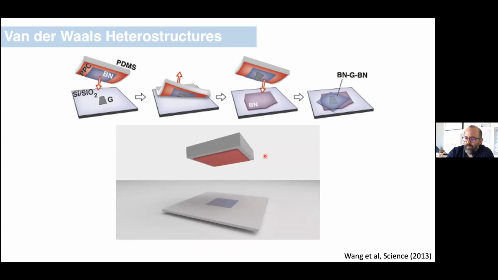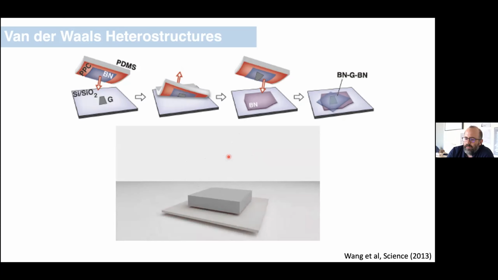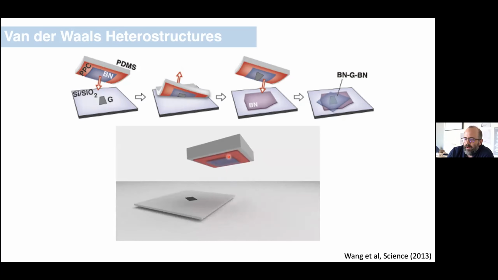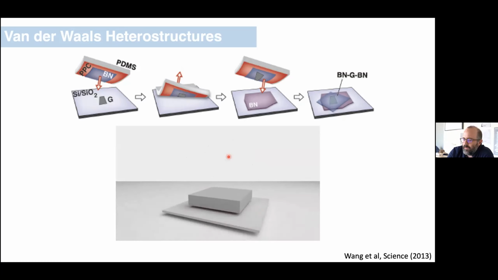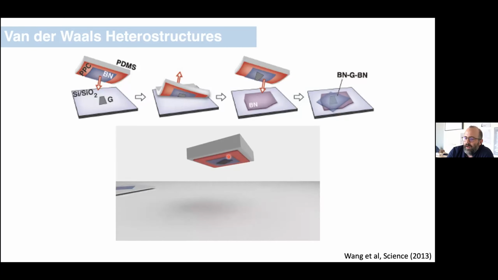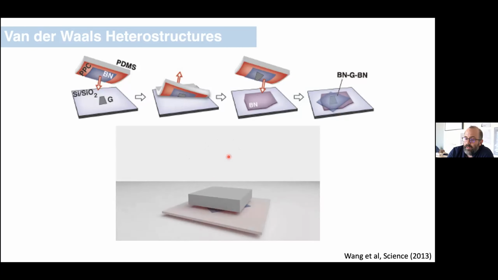This is really not far off from reality. I've got some kind of polymer that's flexible, and on that I have put a thing I can sort of melt. That's the red layer. I heat and melt that onto, say, a boron nitride flake. I pick that up, and then I can use this to pick up a graphene flake, for example. And then I can place this down on another BN flake, and then I can melt away that polymer and make an encapsulated device, just like that.